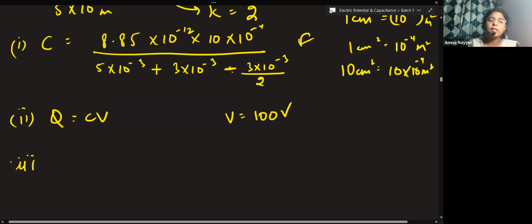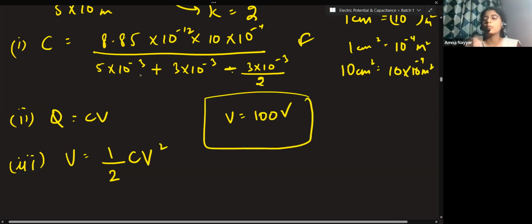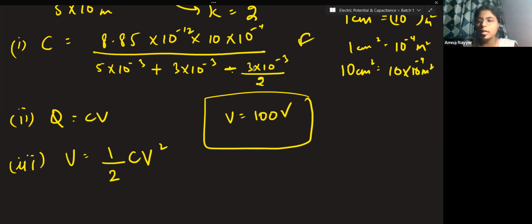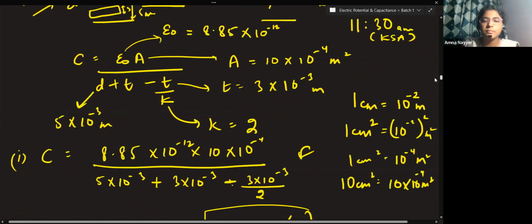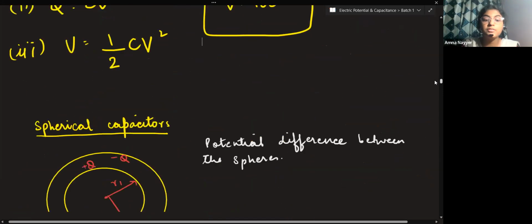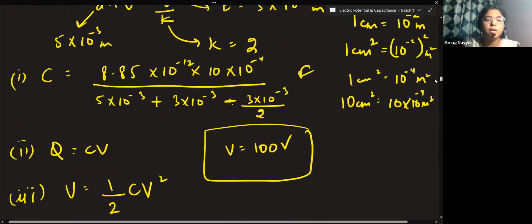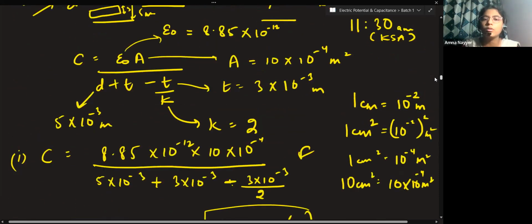Similarly, for the third part, energy, just write half CV square. V is given as 100 volt. C, you have to calculate it from the first part. So that will give you the answer for the second and the third one. So note it down, then we will discuss 1 or 2 points. Spherical capacitors we do. Just note down this. Whoever has not written it,